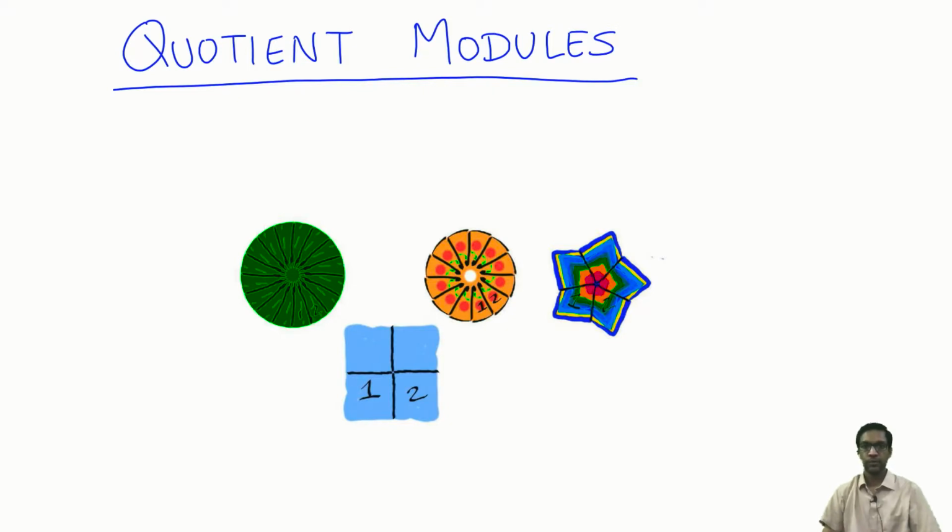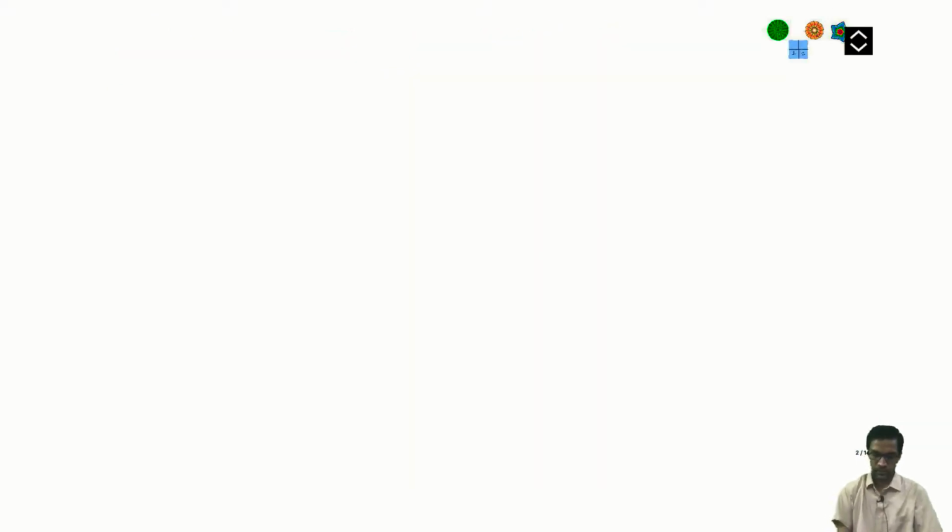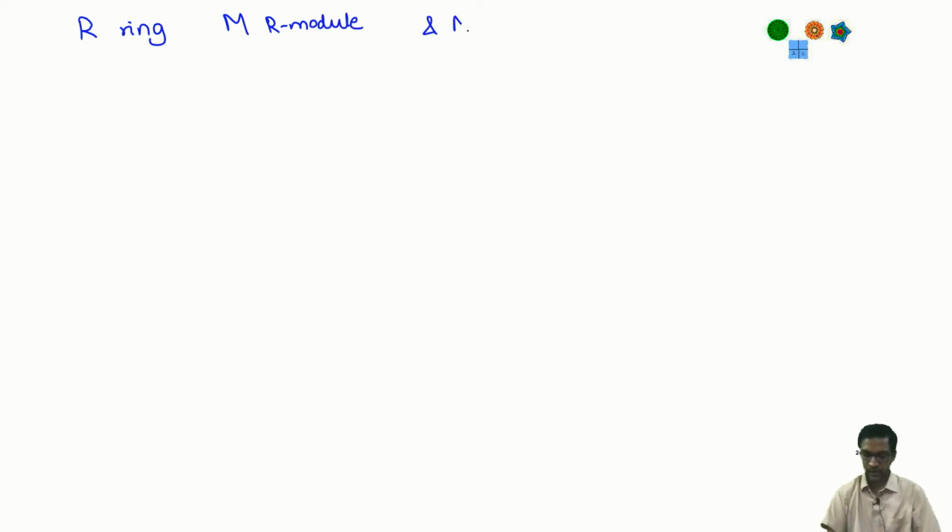Let's talk about quotient modules. So let's take a ring R and a module M over R. M is an R-module, and N a submodule of M. Okay, now submodule in particular means that it is a subgroup of the additive group, a subgroup of (M, +),